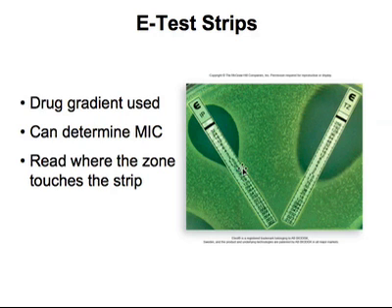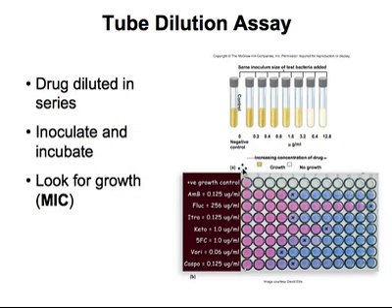That tells you that this organism is probably more susceptible to this drug than this drug. Another way to do this is the tube dilution assay, which is a lot more time consuming, but it's much cheaper. Test strips tend to be pretty expensive. This is essentially doing a serial dilution of your antibiotic, not of the organism, where you start off with a high concentration, and then you dilute it so that you get a lower concentration of the antibiotic, and then you place the same amount of organism in each tube, and then you look for